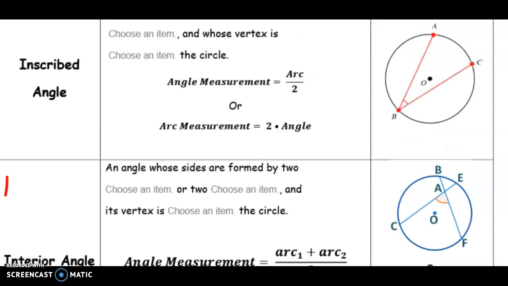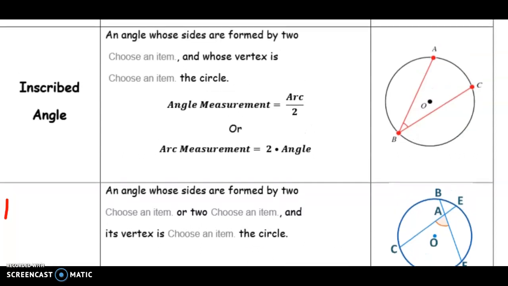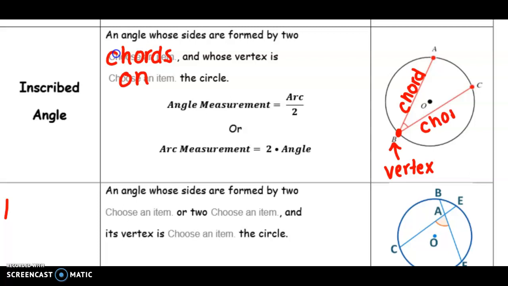An inscribed angle is an angle whose sides are formed by 2 chords and whose vertex is on the circle. So looking at our example to the right, point B is the vertex. I have chord BA and I have chord BC. The angle in between